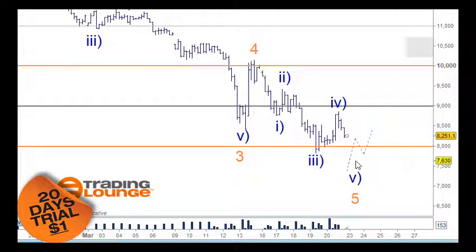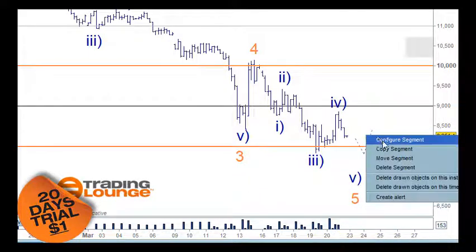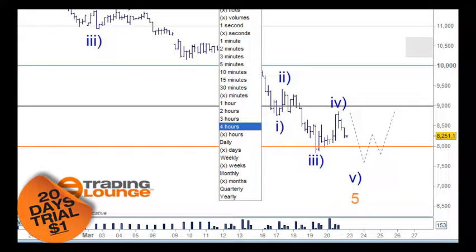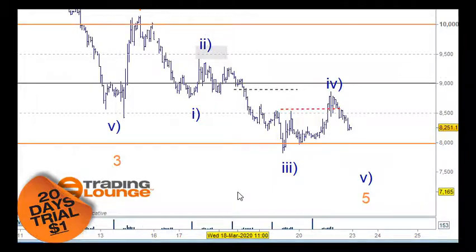So we need to, well, just move these here, but we still haven't finished this move down. We know that wave 4s can get complicated, but it won't reach any higher than it actually is now. Well, it shouldn't, because it's already overlapped wave 1 here, which breaks the Elliott rule as such. But if this is corrective here, we should still see the fifth wave come down through here just below 8,000, and then we'll start to see the rally move up from that point there. So on the 1-hour chart here,